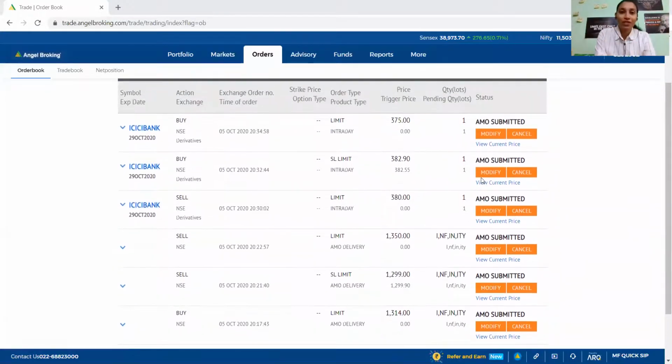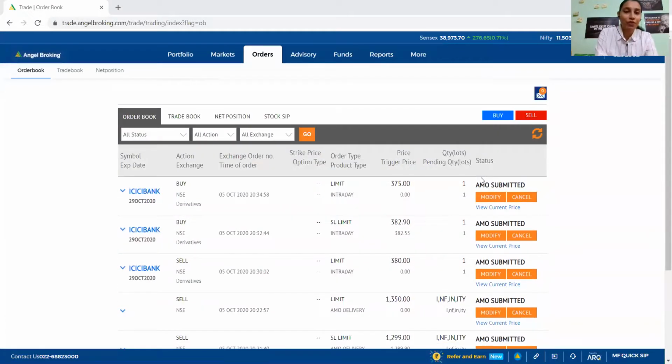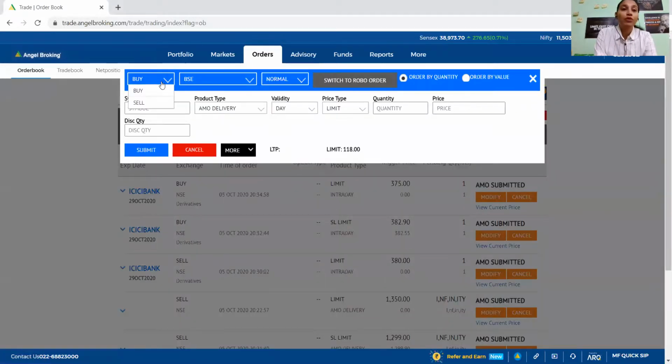So let's get back to this. First let me cancel all this, because I was just showing you; otherwise I'll do it later, no worries. I have to place a buy trade over here. Buy, what do I have to buy? NSE. Okay, normal trade, order by quantity. This is order by value, which means you can place an amount like 20,000 rupees, and it will calculate the quantity. We always place by quantity, by the way. You can calculate it manually, but you can also use that. I never use trading by value, but it can be good sometimes when we decide we have to invest 20,000 rupees in a stock. So TCS, everyone with me?